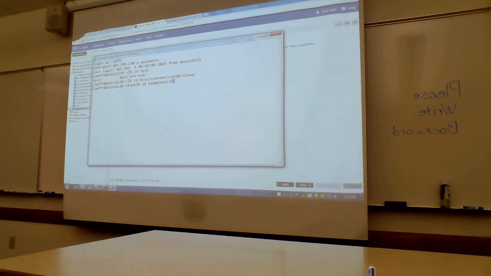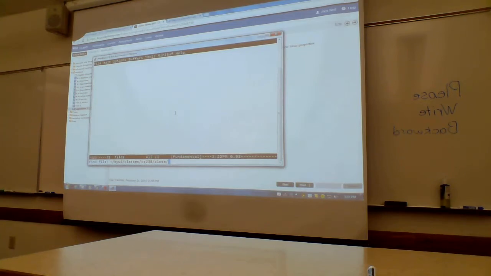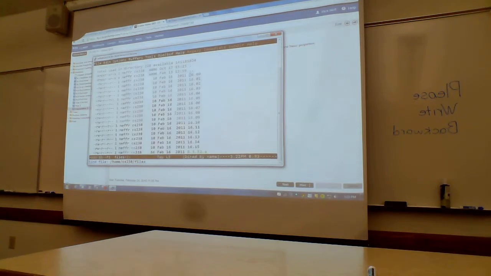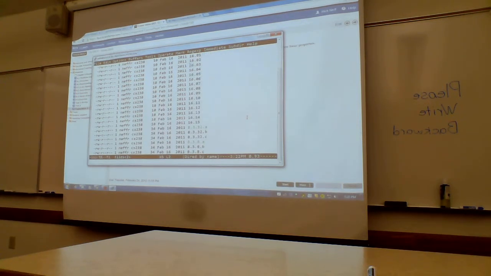Well, let's look at what we have in the way of files here. Nothing. Forgot I got rid of those. So over in /home/CS238 files, that's where you found your amortized files, which are still there, but there's these other files.